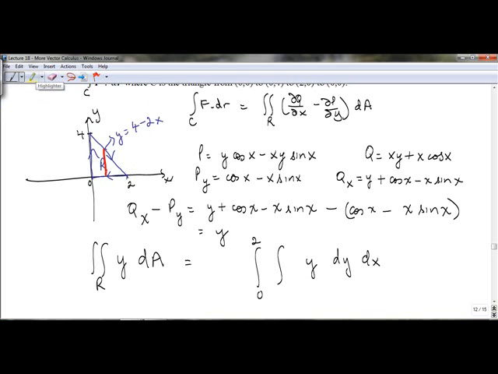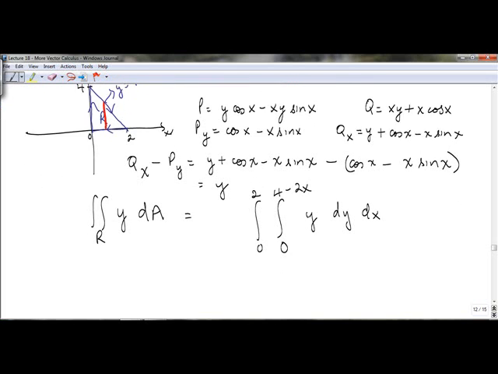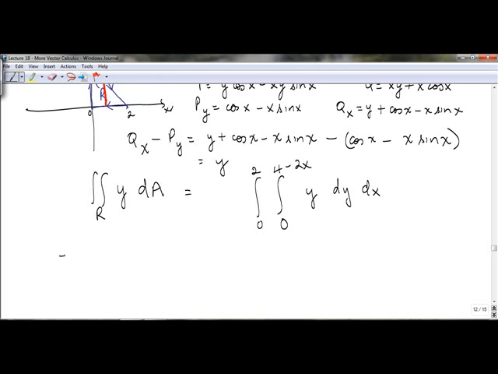And so the y limits go from 0 to 4 minus 2x. And this ends up being, let's just do this. 0 to 2, integrate with respect to y, that's y squared over 2, from y equals 0 to y equals 4 minus 2x dx,